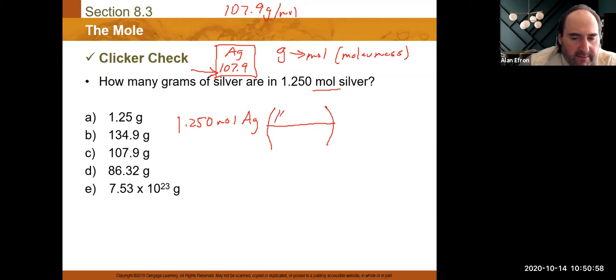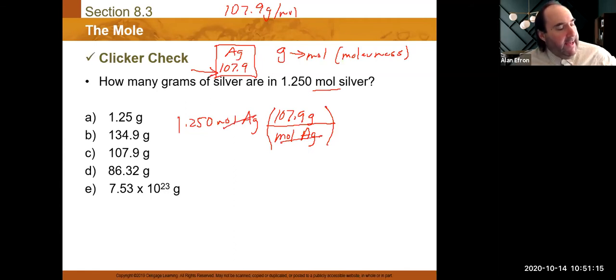So we'll put the grams up on top. When we do the molar mass from the periodic table, we do 4 significant figures. And the number always stays with the grams, and it's always 1 mole when you take it off the periodic table. Moles here will cancel each other out, and we will end up with